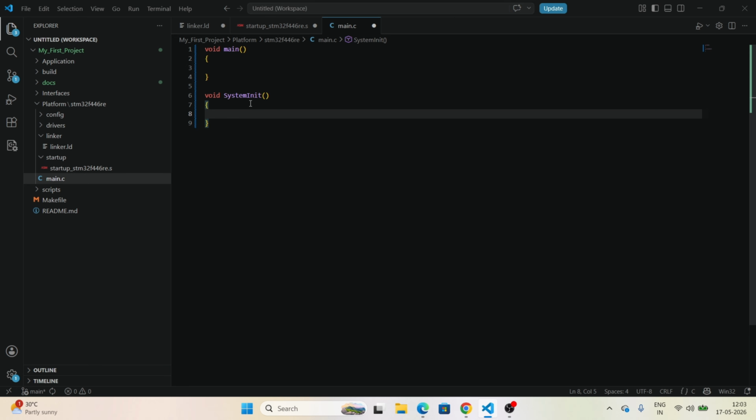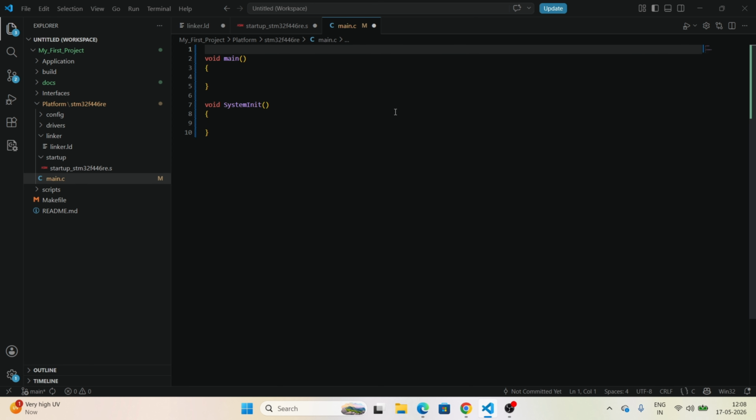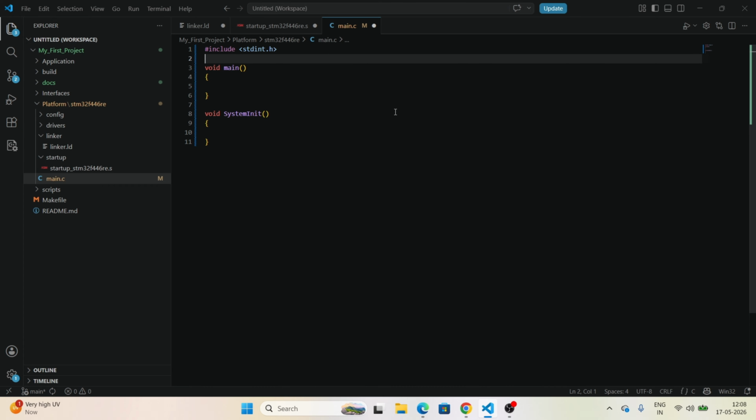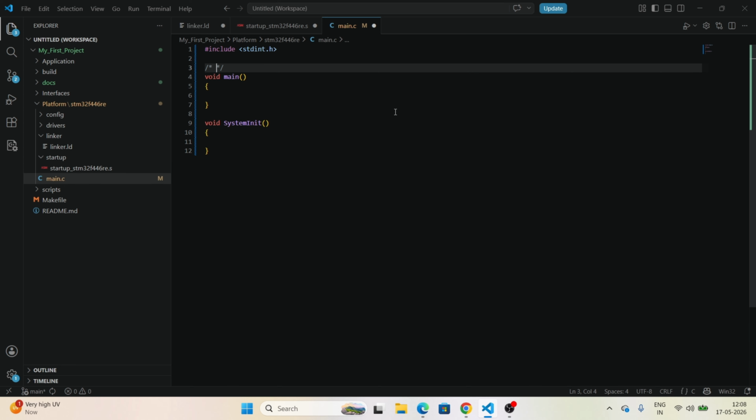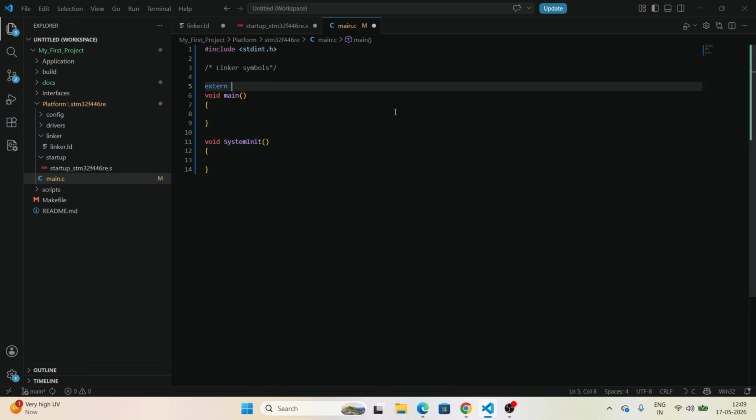Now we will start implementing the system init and main functions, what it needs to be there. First we will include the standard init header file, std_init.h. Then we will fetch the labels from the linker file. So we have linker symbols we already created in the linker.ld file. So I'm going to use them in this file, extern